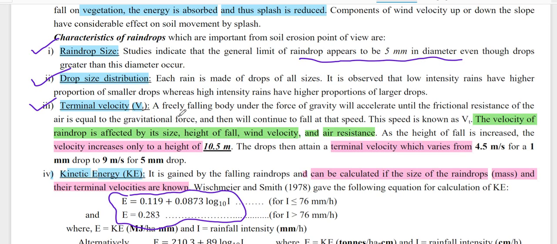But terminal velocity varies if a freely falling rain body under the force of gravity will accelerate, so it will accelerate